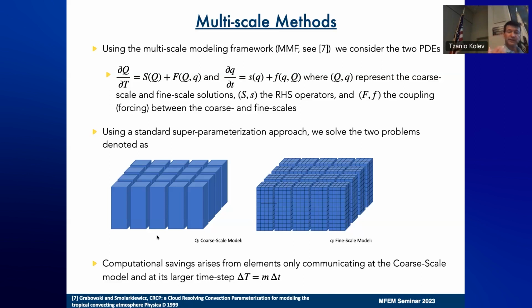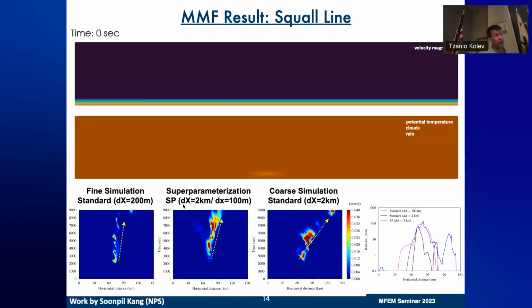And the computational savings is that you basically run these fine scale problems at a smaller delta t, little delta t here, right? So let's say you do m of those small delta t's. Once you're done with that problem, you inject a solution back into the coarse scale problem and you move on. So you're really trying to reduce communication. That's as simple as it gets. Okay, and let me show you now